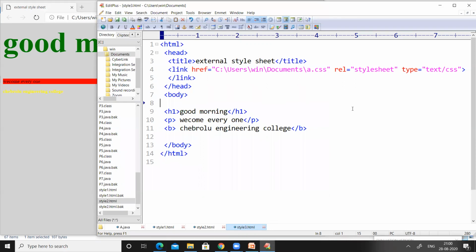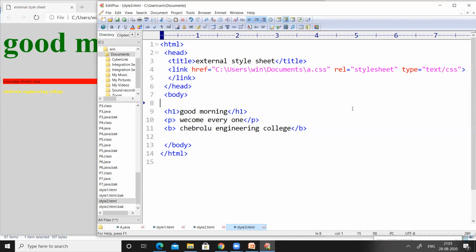So we only need to remember 2 or 3 points. We need to write the code related to style in a separate document, and then we have to save that document with a .css extension. After saving the CSS file, we need to write the HTML code, and inside the head section, we need to use another tag called the link tag.